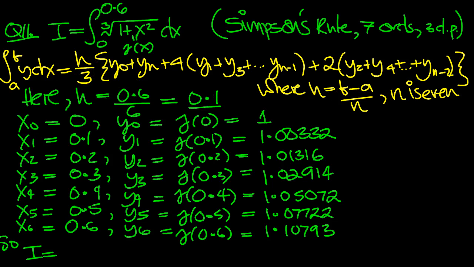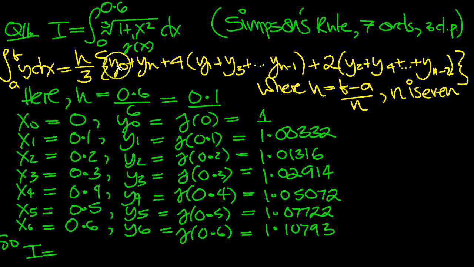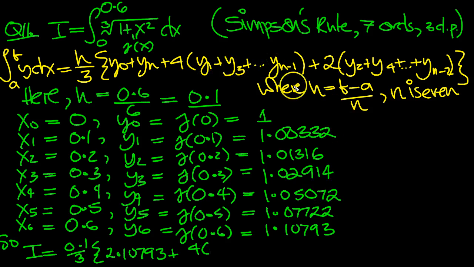So what have we got then? H over 3. H is 0.1, so it's 0.1 over 3. And then it's the first plus the last. 1 plus that, so we can add them straight away, can't we? 2.10793, plus 4 times all the odds in between the first and the last. The odds: here, here, and here. There's 3 of them. So we've got 4 times those,